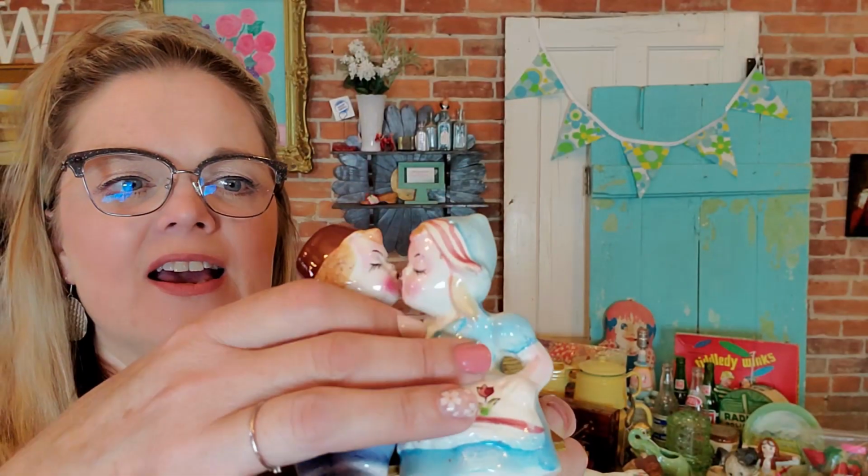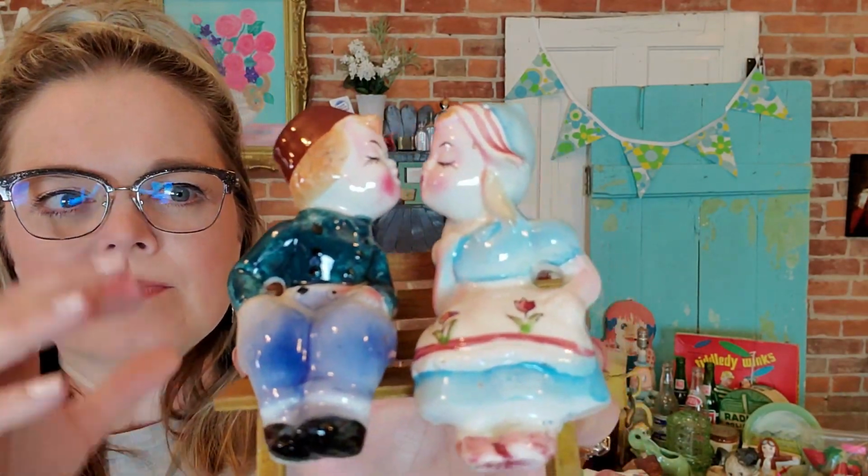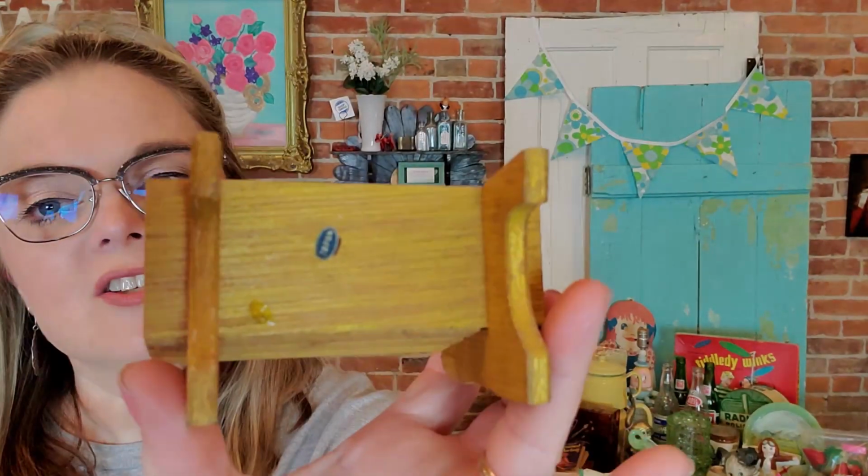What other ones do? Oh, I got some sweet ones. These, I did just sell a set of these in my live sale, but I have another pair, and they're the little Dutch boy and girl kissing, sitting on a bench. The bench is marked Japan. It's just a little wooden bench. And then the boy and girl are also marked Japan. They're just little sitters, but they